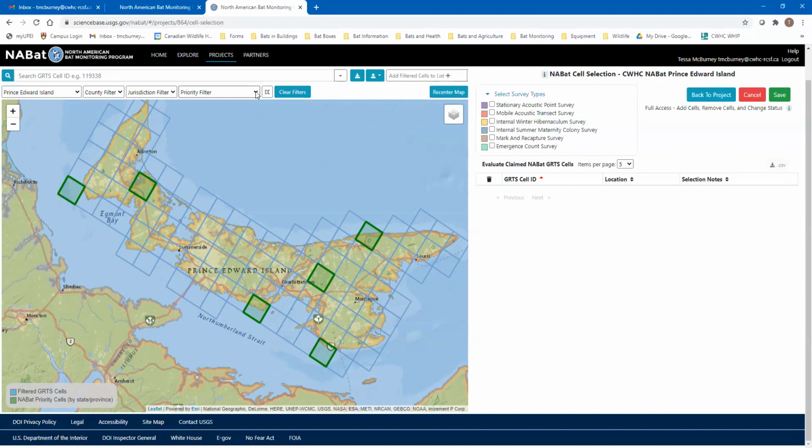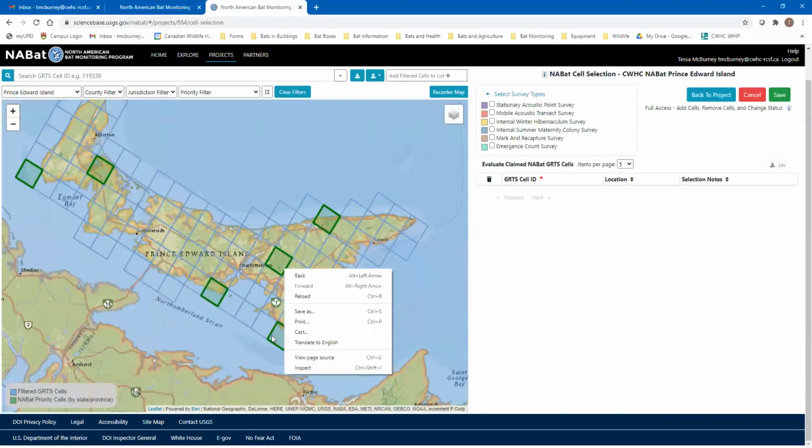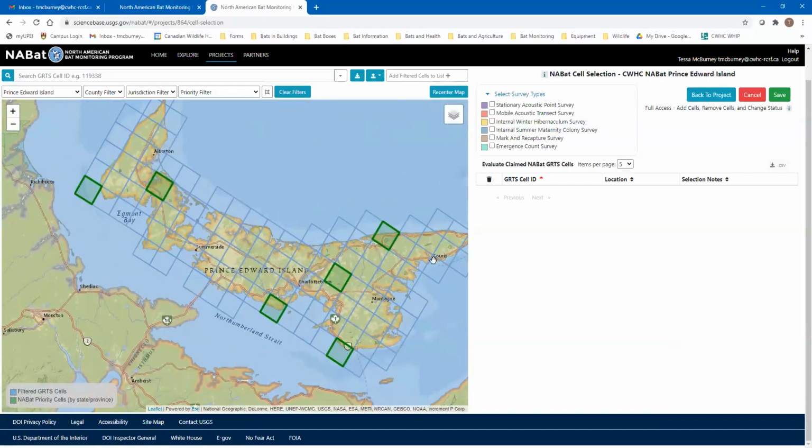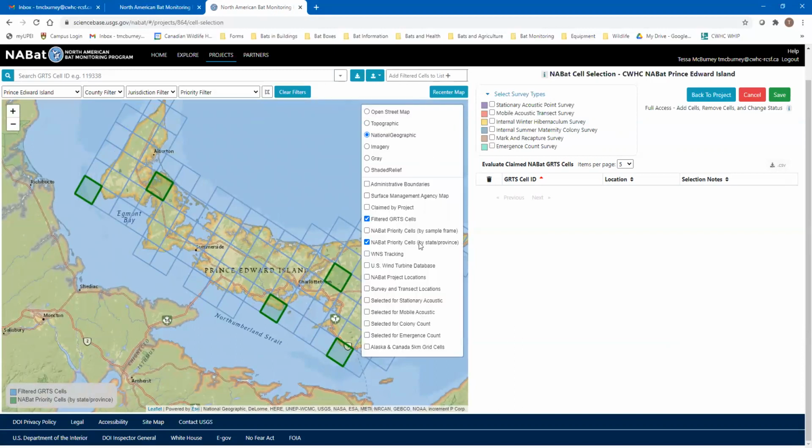You can also set a priority filter up here where you're looking at only a certain percentage of the top priority cells. There aren't many cells for Prince Edward Island, so I don't think that's necessary for here. So that's a handy selection. You can also, if you select the 5 kilometer grid cells, Alaska and Canada 5 kilometer grid cells,